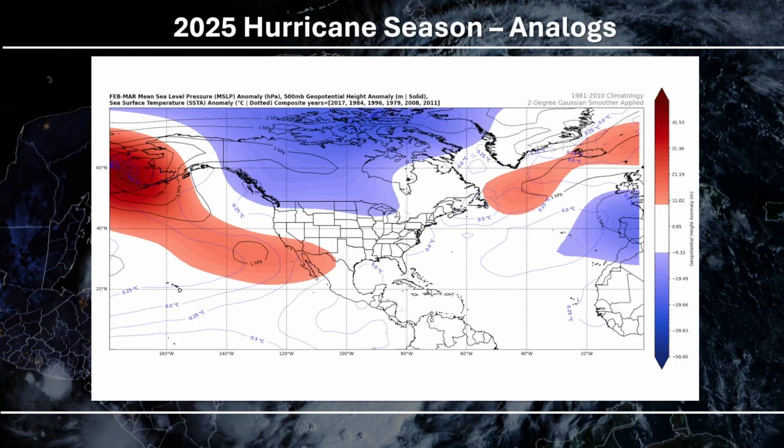And this is how the end of winter pattern showed up on these years. And generally, there are some similarities to pick out here. You can see that general higher pressure that is trying to nose in across the southern tier of the United States. And we have some cooler anomalies, it looks like, off the west coast of Africa. Hard to tell if that's negative or positive on that. But generally, these seem like a good match comparatively to the oceanic pattern and the end of winter pattern overall